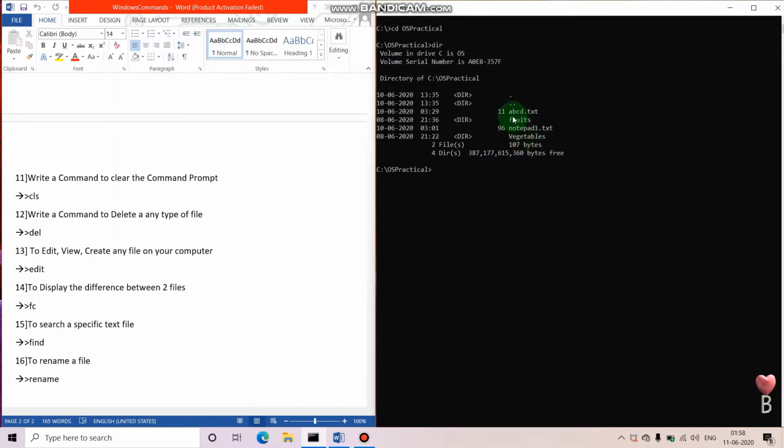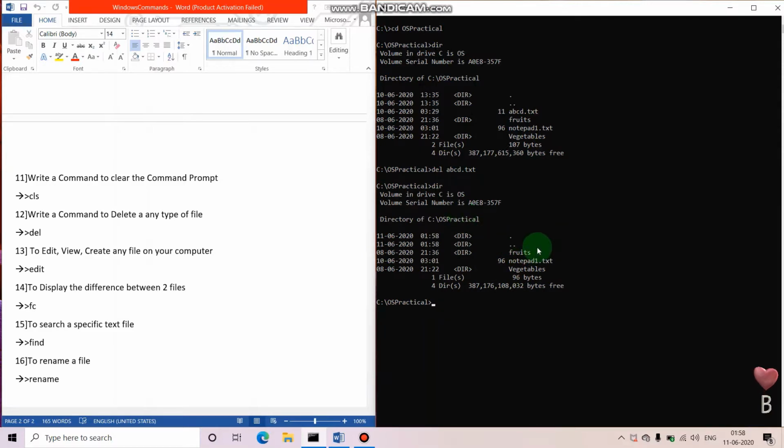Two files because ABCD is a file that I have created to demonstrate the use of the del command, that is, to delete the file. Now I'll use this del command, space, the file name, and enter. Now let's check whether the file has been deleted from the OS practical folder. See, it is deleted. So we'll proceed with the next command.